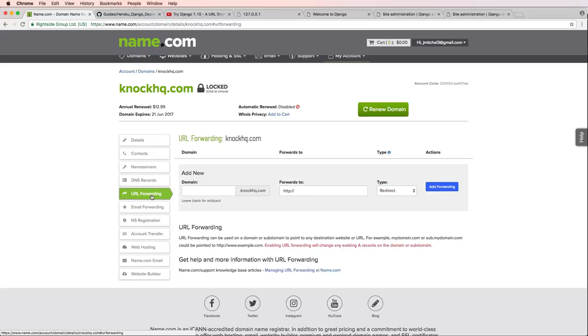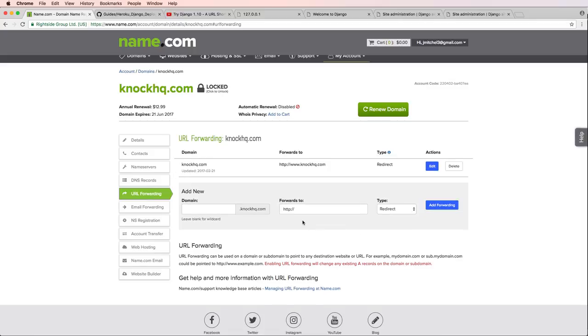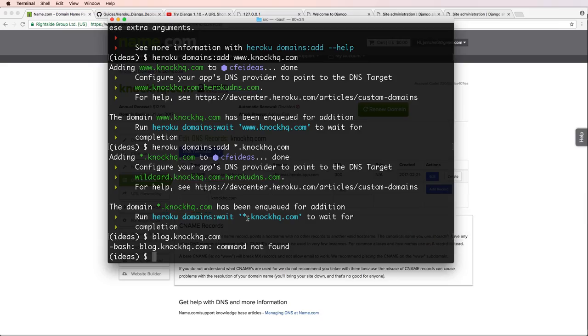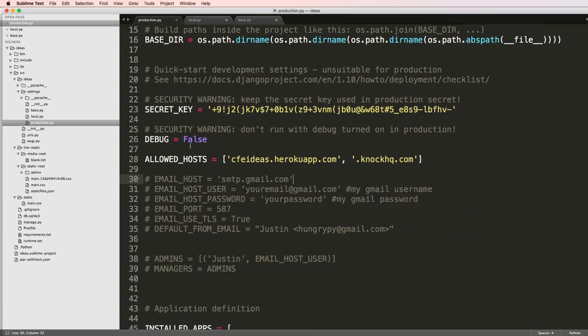And then I also want to do URL forwarding, and that's no domain, so an empty domain, and we want to forward it to www.knockhq.com. Leave that redirect, I'll hit forward. And now we've got knockhq going to the CFE Ideas Heroku app. All right, cool. So now that we've got the domain name actually set up and it's also in allowed hosts,